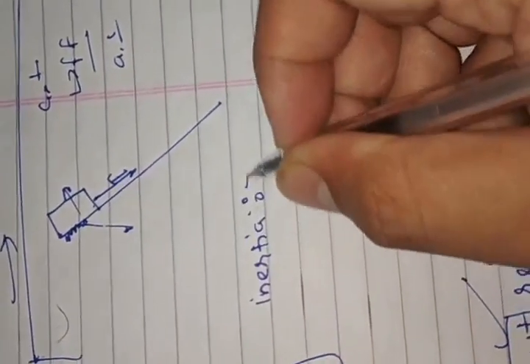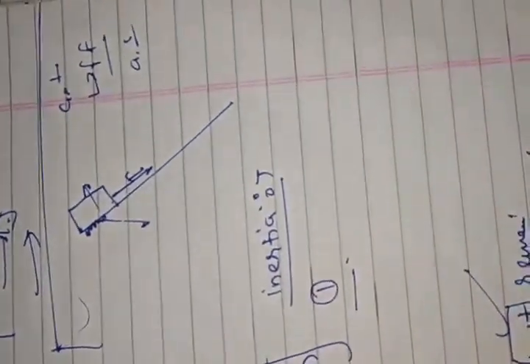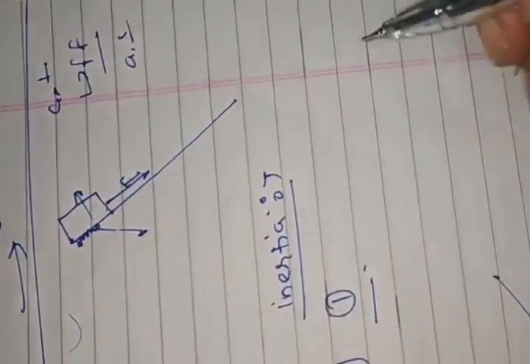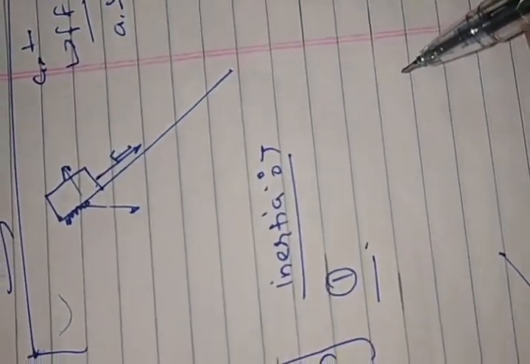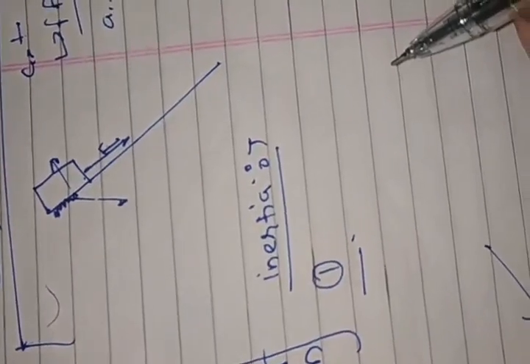I-N-E-R-T-I-A, inertia. Before explaining inertia, I am explaining here some examples regarding it. After explaining the example, you can understand the things properly. Listen carefully. First example we can include here. If you hit a glass windowpane with a bullet, bullet meaning from a revolver, okay, only a small hole is formed in the pane. Right? The whole windowpane does not break.